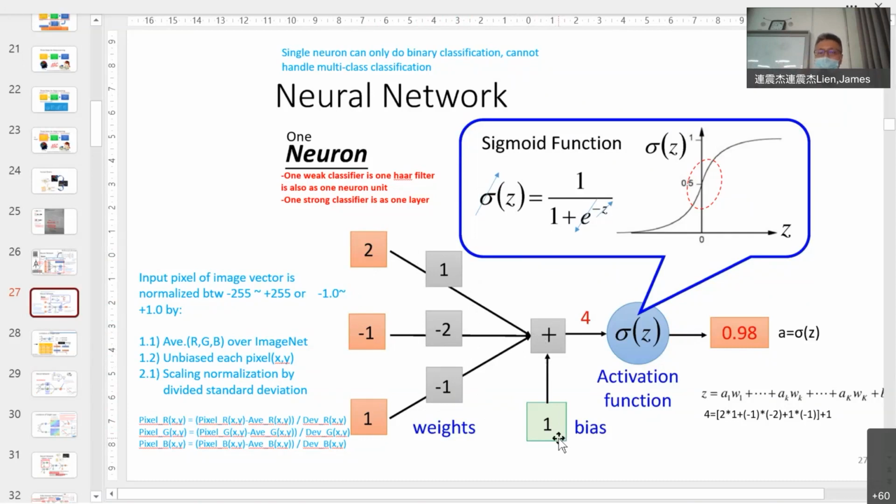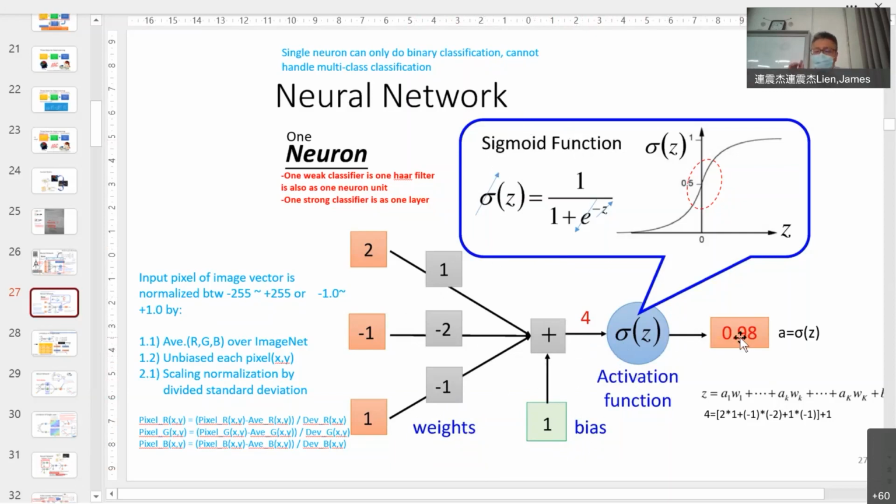Bias. Is threshold. Is translation. So this is rotation. This is translation. 就我刚刚讲的。然后呢，你出来的结果, your result. So this is linear discrimination. And we want the nonlinear, which is better. So we have an activation function, for example sigmoid, to become a nonlinear output here.